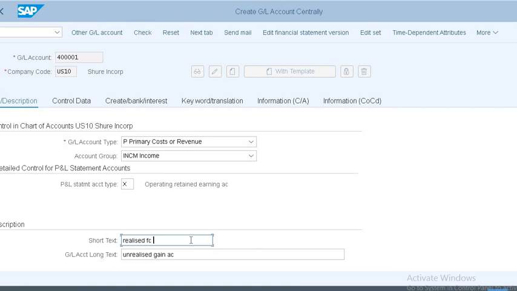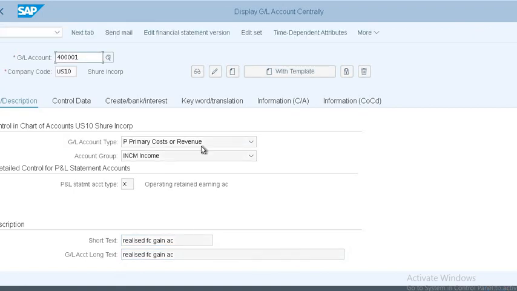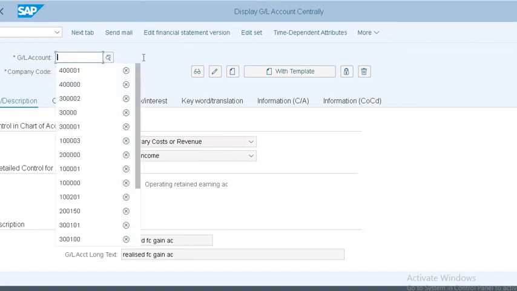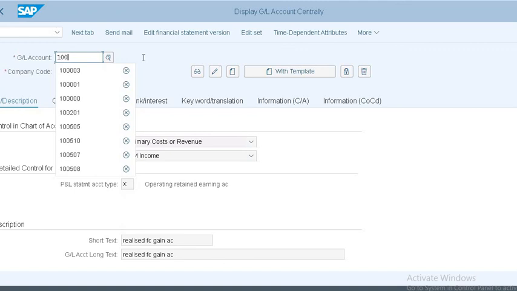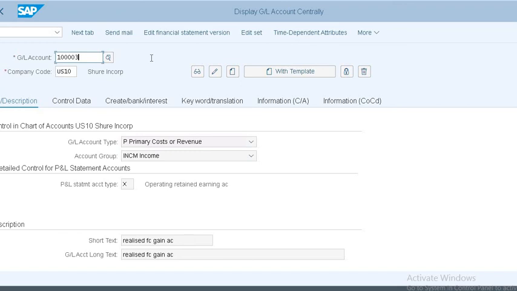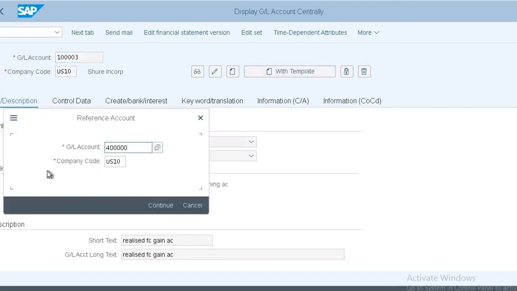Let's see. Save this one, and we need to create a balance sheet adjustment account also. We created two, and now the third we need to create, with a template.